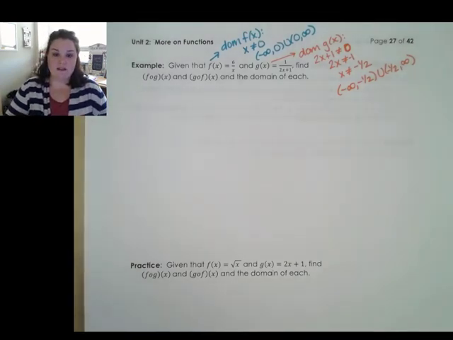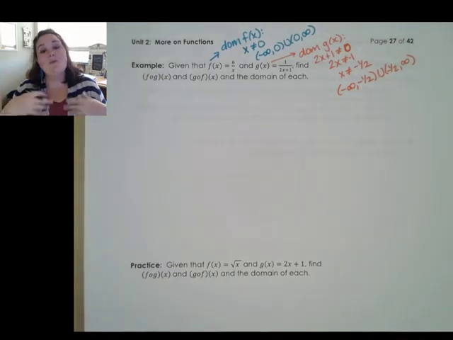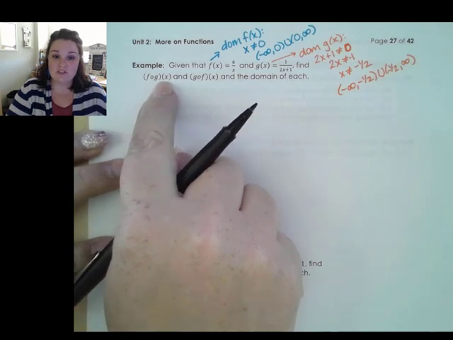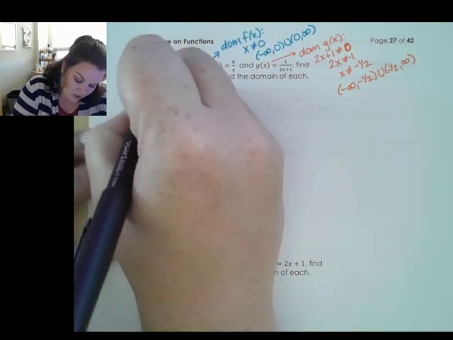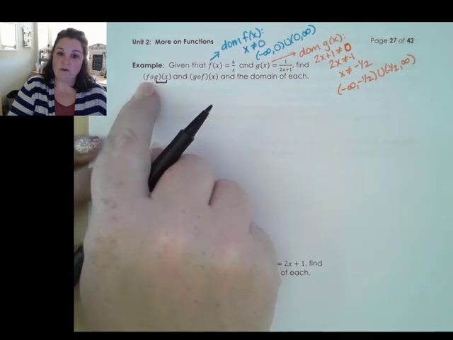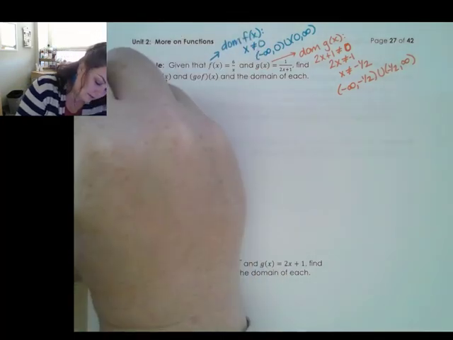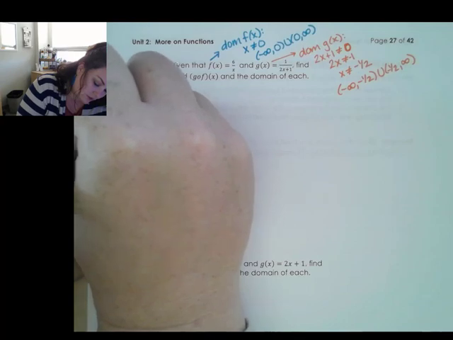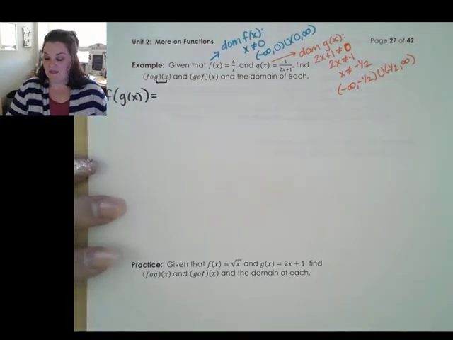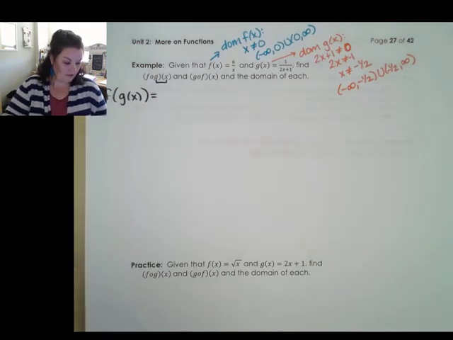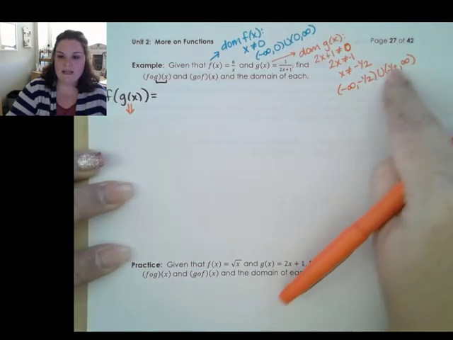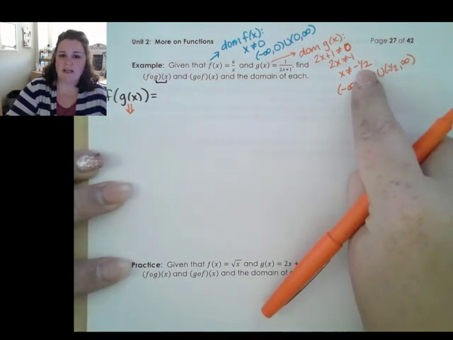The first one they want us to find is f composed of g of x, okay? So g of x is our inner function that we're going to be plugging into our outer function f. So this looks like f composed of g of x. So if g is on the inside, that's the function we're starting with, okay? So I'm going to go ahead and, instead of writing it out like this, just use the shorthand notation